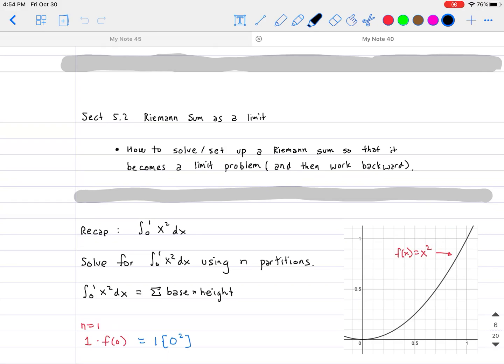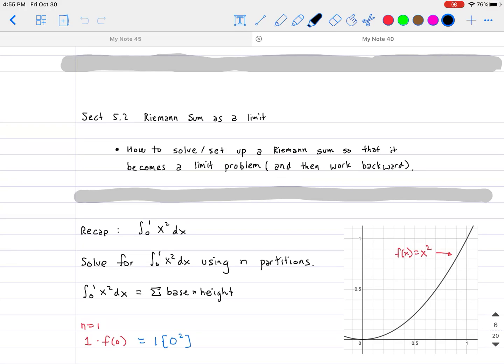Today we will be talking about the Riemann sum as a limit. So in the last section, we talked about how to estimate the area under the curve using rectangles with the height of the left-hand side, the right-hand side, the middle, or also maybe using trapezoids. Today we're going to talk about what happens when we want to be as accurate as possible. So that means we want to use as many